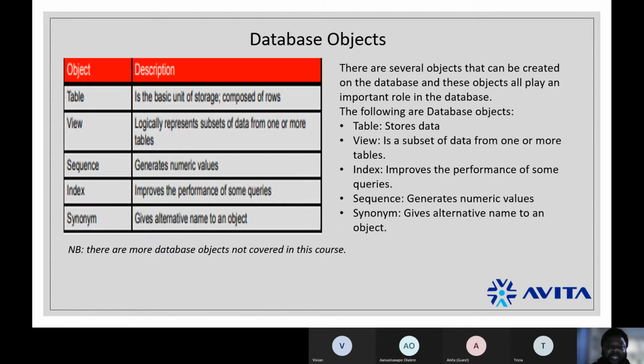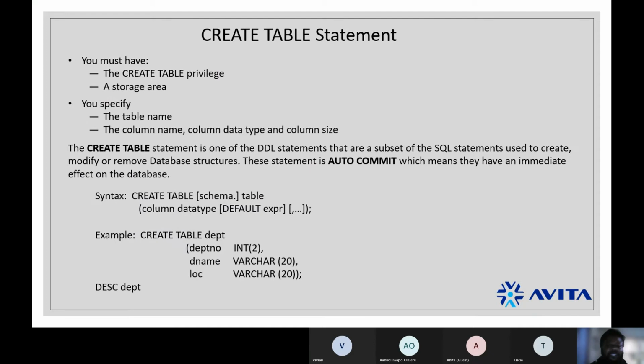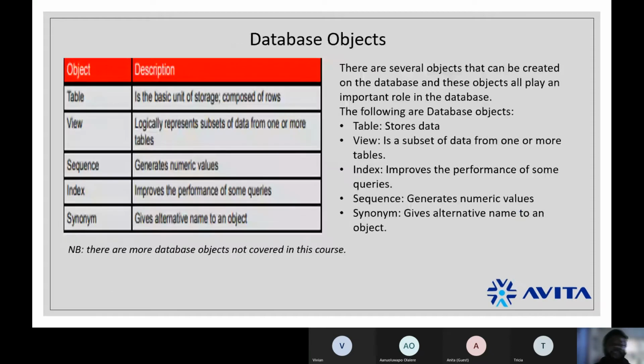When you understand the database objects, how to name them and the data types, then we can begin to use them. There are several objects that can be created on the database, and these objects all play an important role in the database.